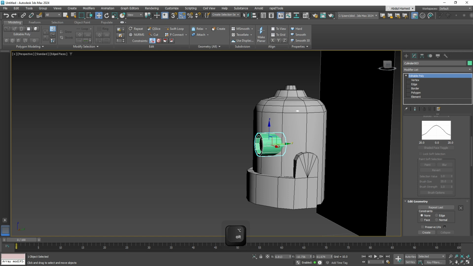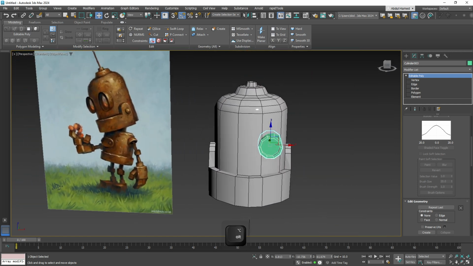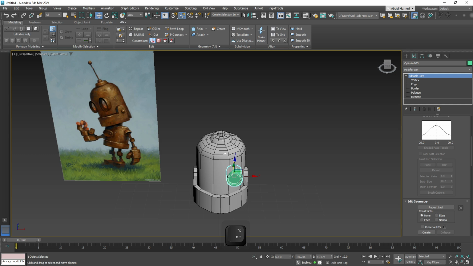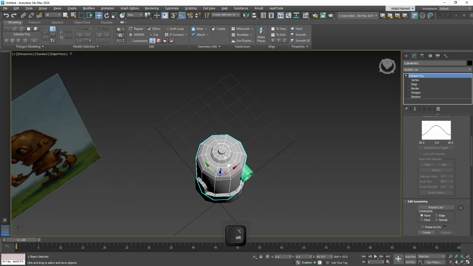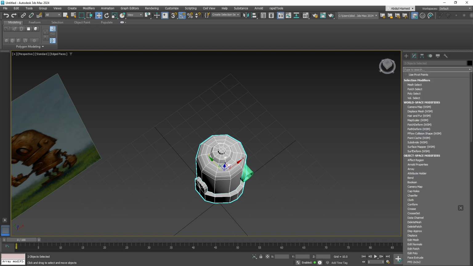So we can see here this is being way out, and this does not seem to be all the way out. So the front area could be a little bit flattened. So if you want to do that,